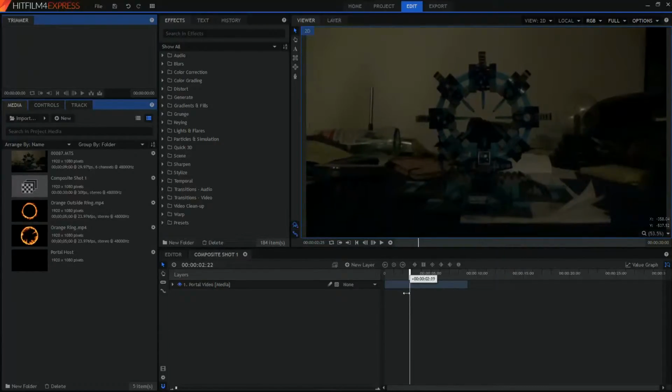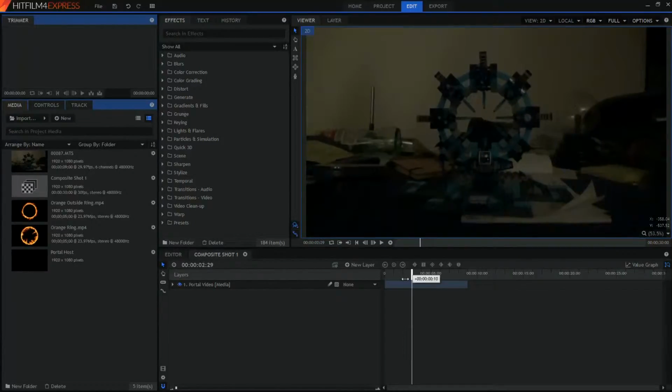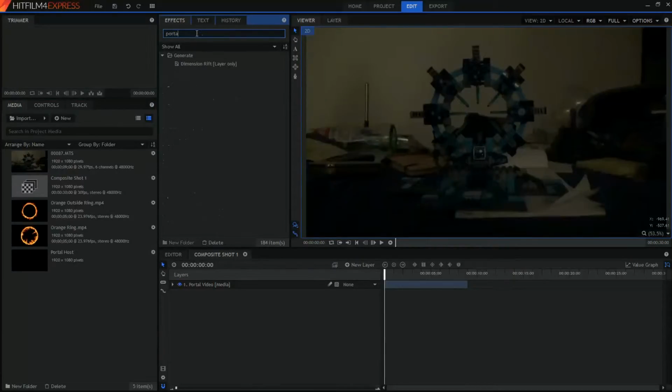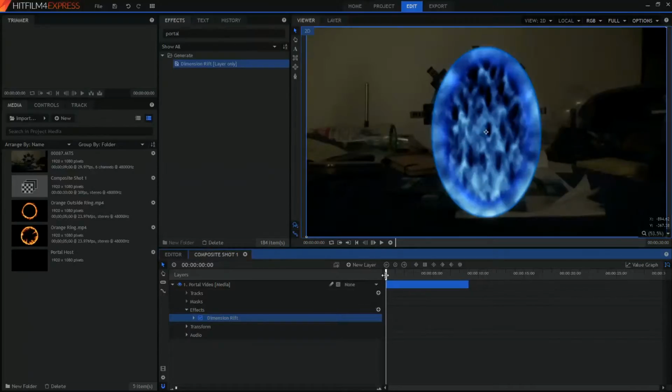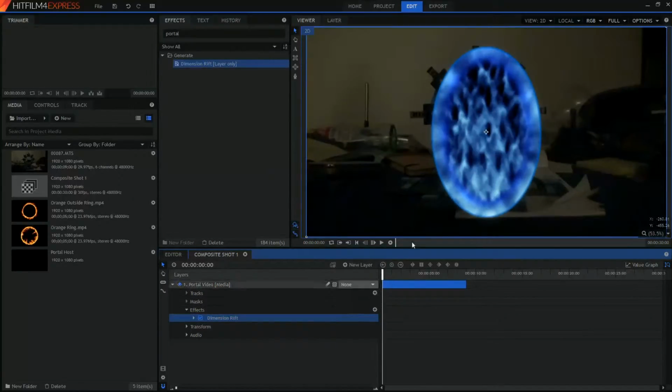So we have to track this, and then we have to add our portal, and then we have to add any details that we want. So to start off, if we just were to go into our effects and go portal, we have a dimensional rift, which is their preset portal effect. Now if you were to just take this and drag it onto here, you could finick around with this and make it look sort of good, but the only issue is you don't have a lot of customability